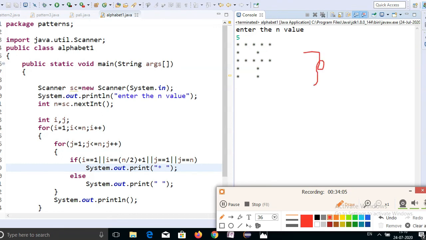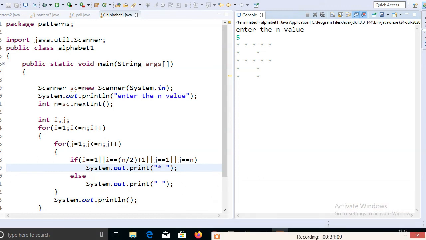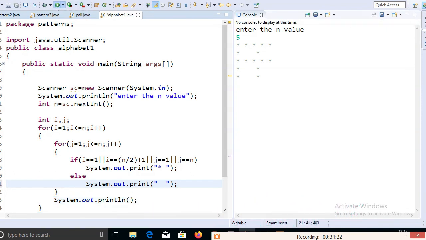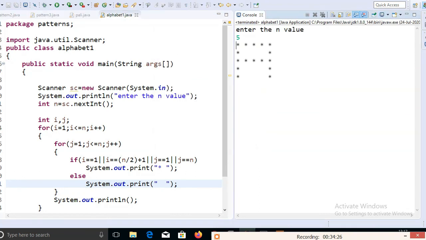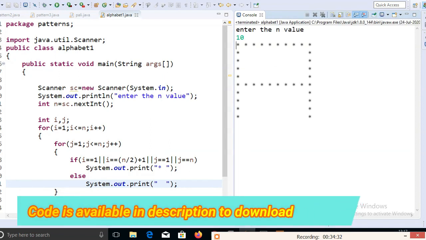I want to print the alphabet A. You might think an error will come, but no error came. We have to add one more space here. If I run this program, we will print our alphabet A with spaces between.